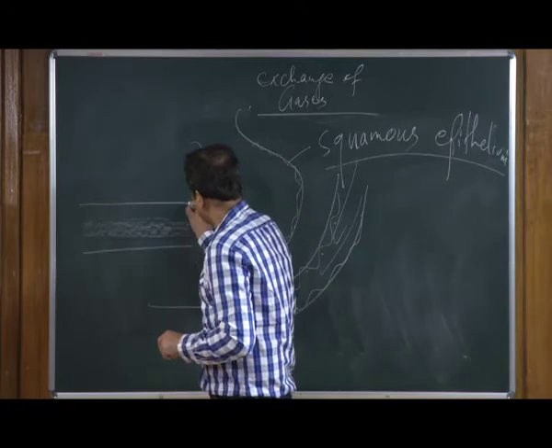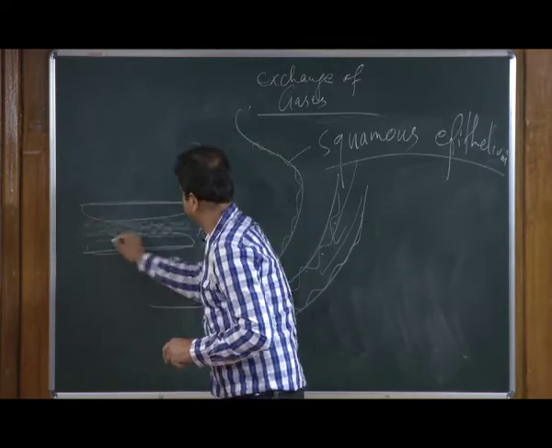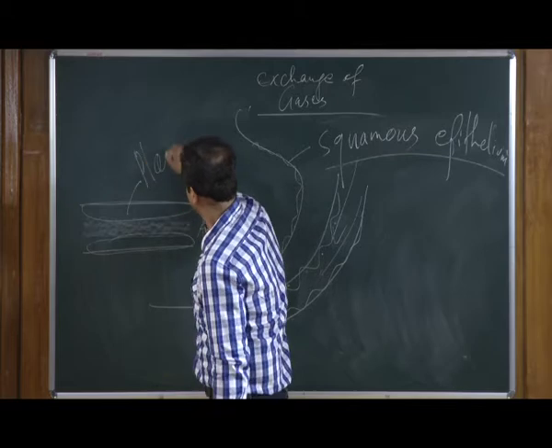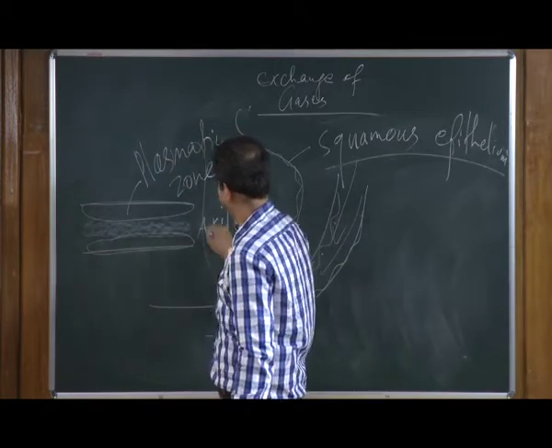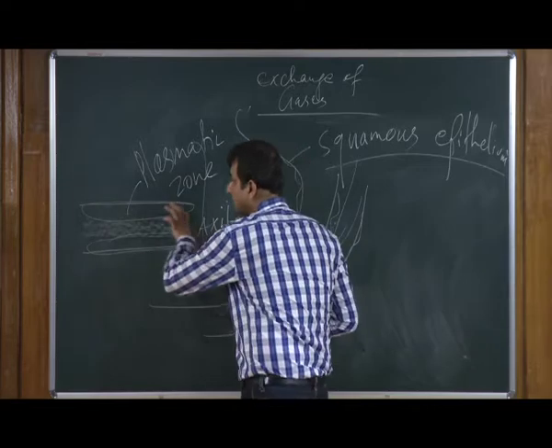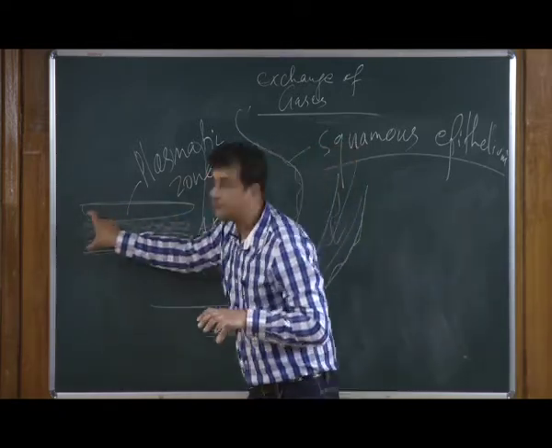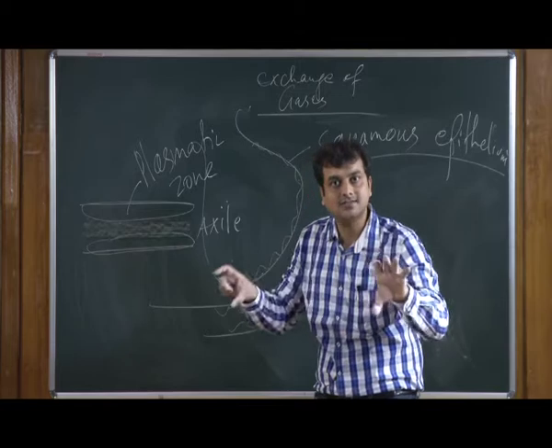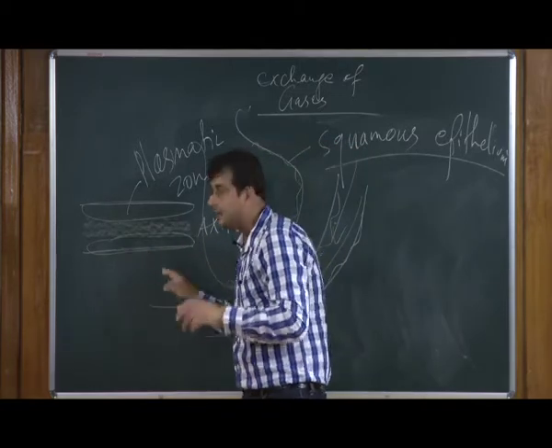And then we have this area which is not having any cell. So, this is called the plasmatic zone. The axial and plasmatic zones are synchronized structures in the blood vessel. Of course, there will be a streamline flow. So, the Reynolds number is quite constant, and if we have any disturbance, any kind of rupture or any kind of